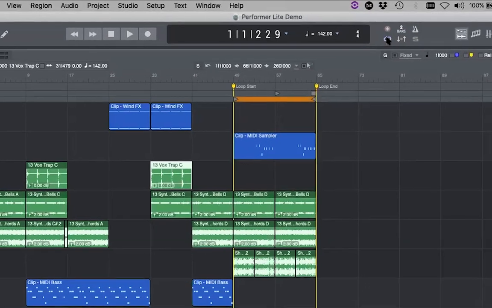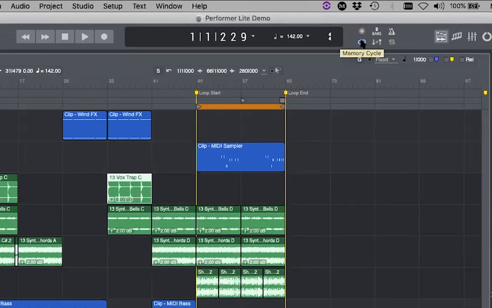We also have a loop feature, and this is cool. Once you turn on loop, this is called memory cycle. And by the way, these little help tags are visible whenever you hover above any part of the program. It will show you what that little icon represents. So in this case, we've got overdub, the count off, the click, and memory cycle is our loop points. So if we wanted to loop, let's say from bar 25 to bar 33, we're able to set up the loop there. So now if I play at bar 25,